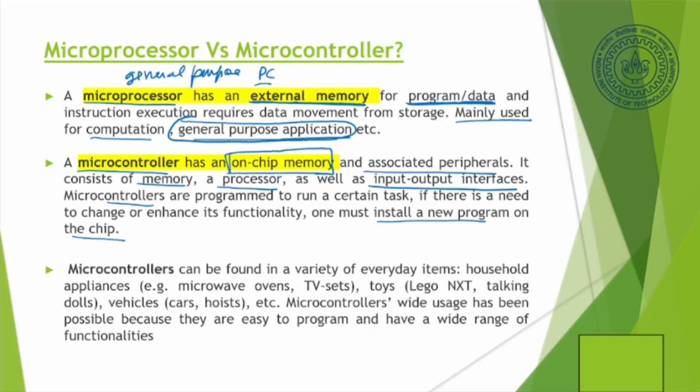Okay, but the basic difference being the on-chip memory and the external storage. That's the fundamental difference. Now, obviously, if it is a one-chip device with an on-chip memory, the memory will be very small. And it is not a general-purpose device, so it may not be able to do all kinds of other things. For example, in a PC, you can connect a monitor, you can connect a keyboard, you can do all kinds of things. Now, in a microcontroller, these microcontrollers are basically task specific.